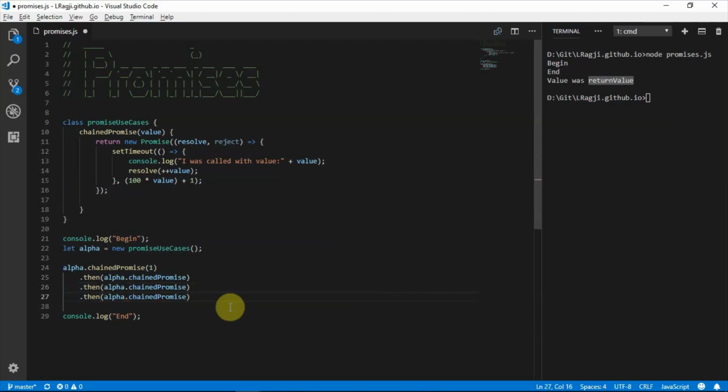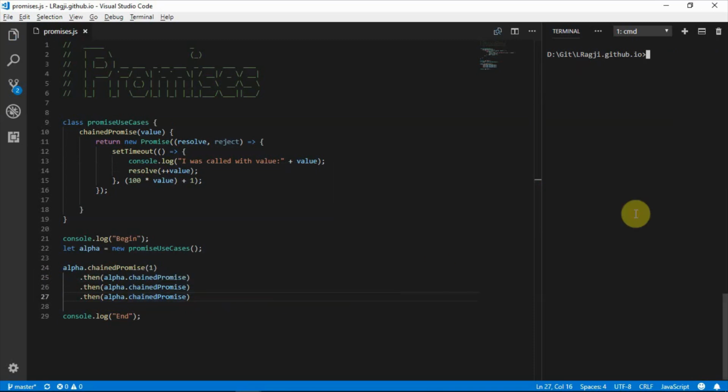So what am I doing here? I'm queuing the same promise function again and again, right? I've done this 1, 2, 3, 4 times. So what I'm expecting on my terminal window is that I start with 1 and possibly end with 4, but in a delayed fashion because we have set timeout. So let's quickly execute this and see what's the output. So if I go back and say node promises.js,